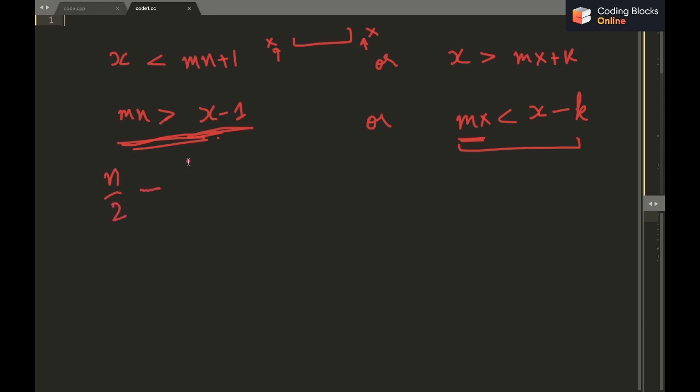I'll subtract from it the number of pairs such that mn is less than or equal to x, right? Okay, not exactly less than or equal to x, less than x, right? Because for it to be greater than x minus 1, I can say it is greater than or equal to x. I'll just subtract those which are less than x, right?